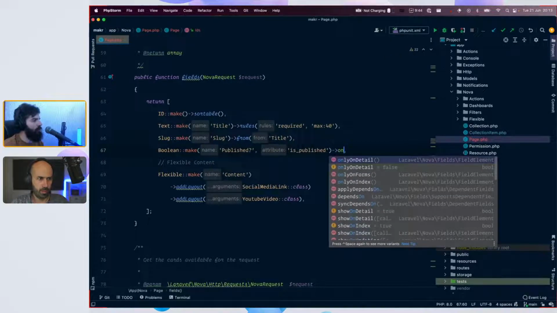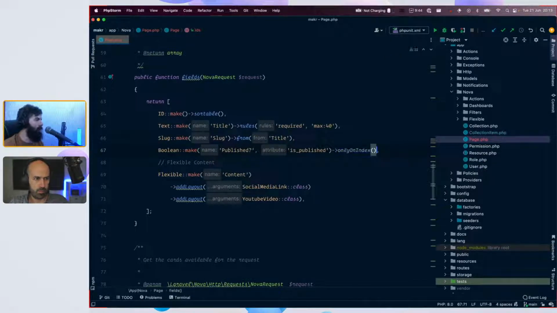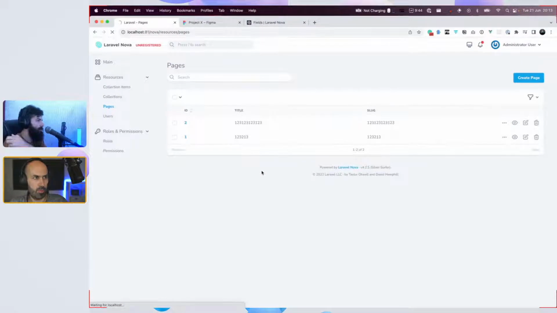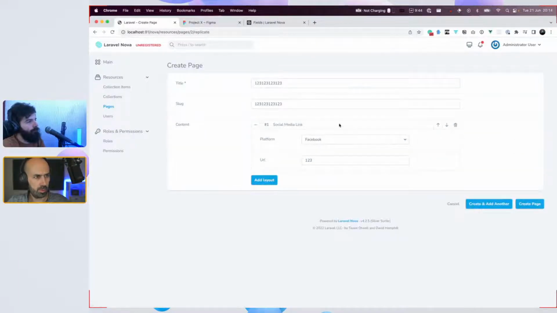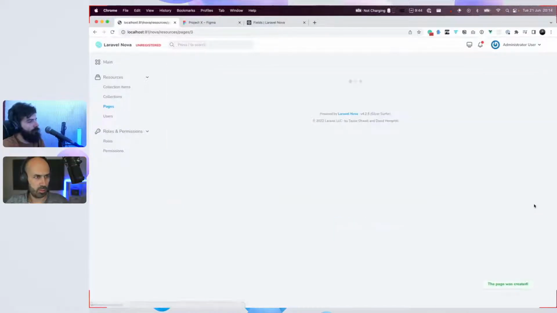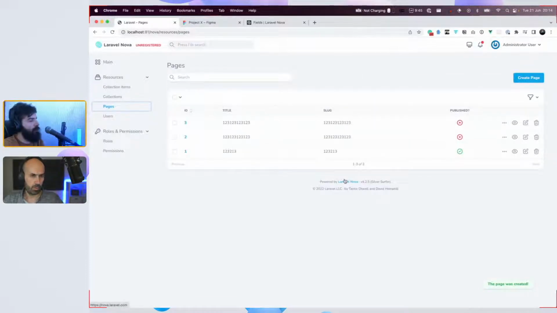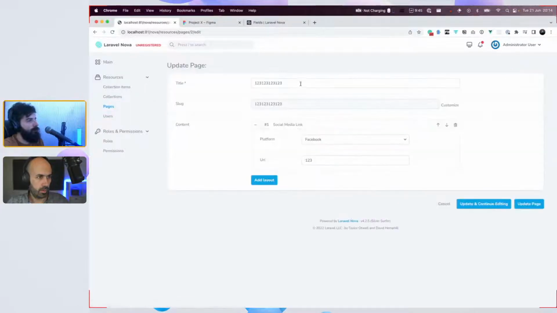Only on the index, not on forms. Yes, right. So now we can make the action. We can even replicate here, to make a second version.